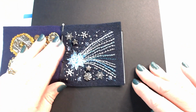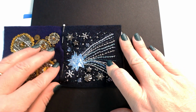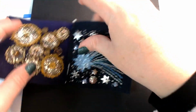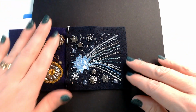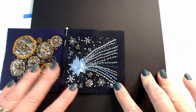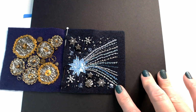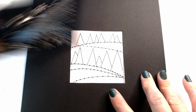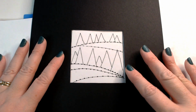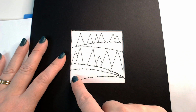I was really pleased with our star from last week and really loved the way we used our string stitches. This is just me pinning my panels together ready to stitch them. I really like the way we used our string stitches almost like a sampler to create that vapour trail, and I thought it might be nice to echo that in the bottom left hand corner, which is where our panel's going to be. And so I've sketched out quite a stylised landscape, put in some sweeps to represent hills,